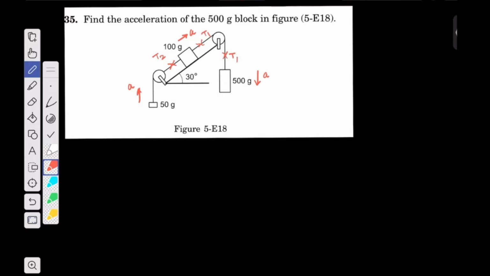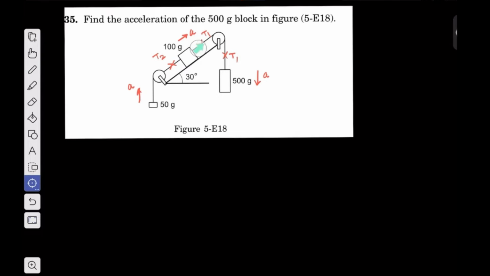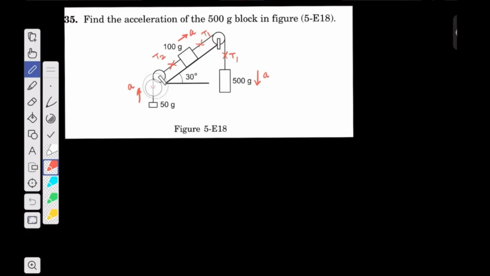Tension is the same in a string only if the string is massless. Here I have a mass placed in between the connections of the string, so the tension is not going to be the same. So T2 here. Our 50 grams, suppose I'll name it as M2, this one I'll name as M1, and this one as M. For M2, if I draw the FBD, T2 upward, M2G acting down, going up with A. So T2 minus M2G equals M2A,